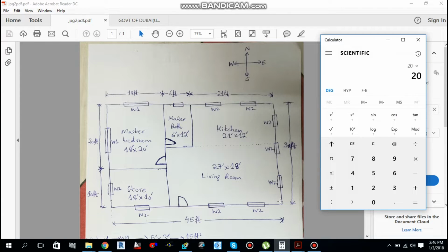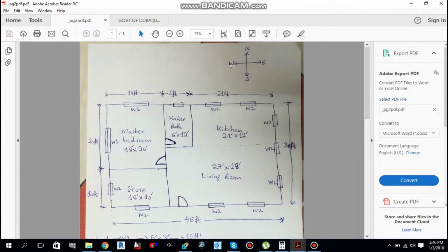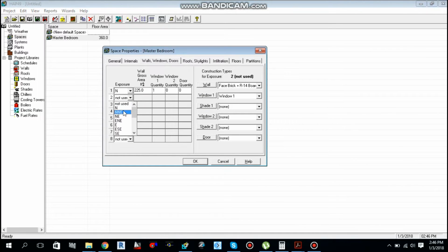So 20 feet multiplied by 12.5, the ceiling height, we got 250 square feet as the gross area of that wall, and it's facing west side. You see over here, west side, and only one window over here. So move back to half, give this as a west side exposure, and 250 square feet is the gross area, and window 1 quantity is 1. Window 1 is already selected here.